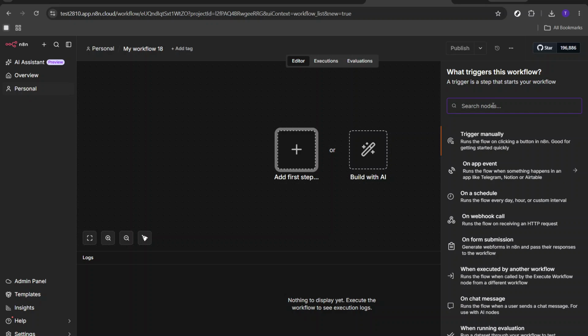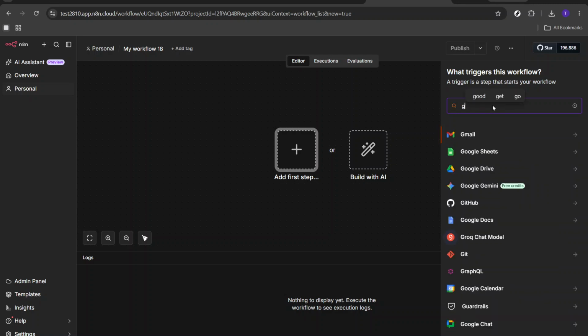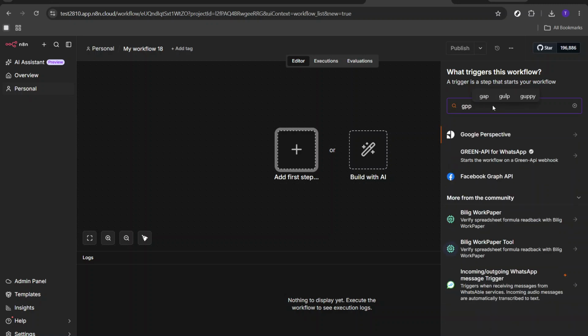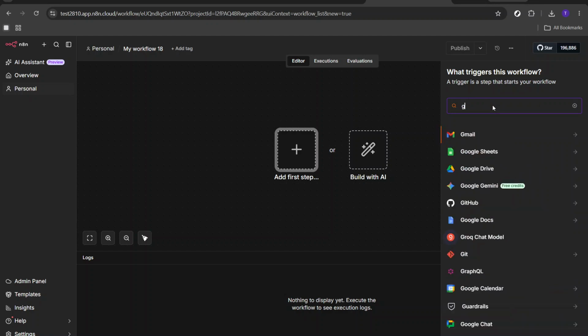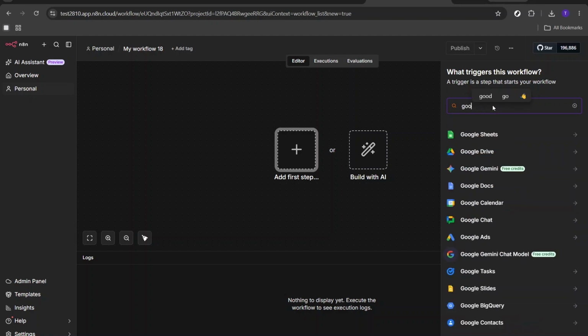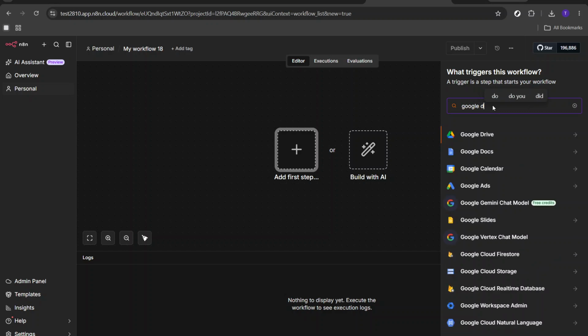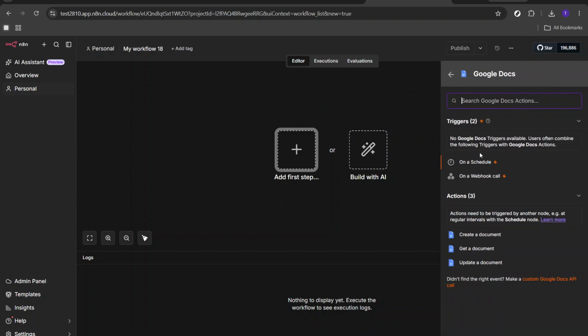Once you've opened your workflow, the next step is to add a new node. To add a node, look for the Add Node button, which is usually prominently displayed in the workflow editor. Clicking on this button will open up a window where you can search for various nodes available. In the search bar provided, type in Google Docs. This will filter the options and help you quickly locate the Google Docs node. Once you see it, go ahead and add the node to your workflow by clicking on it. This addition makes it a part of your workflow process, enabling you to define the actions you want to perform